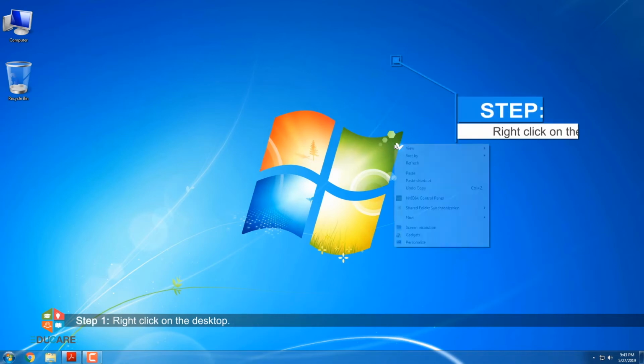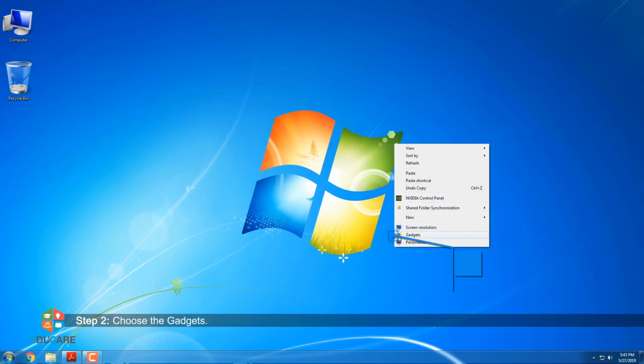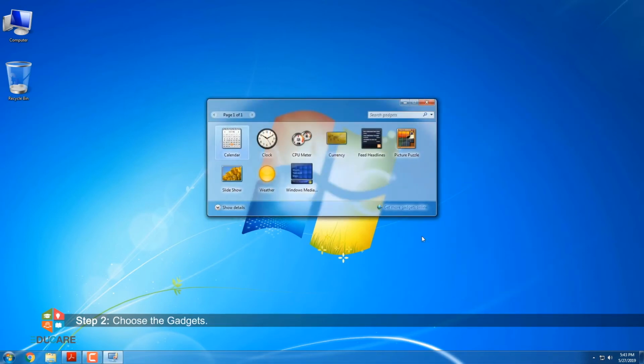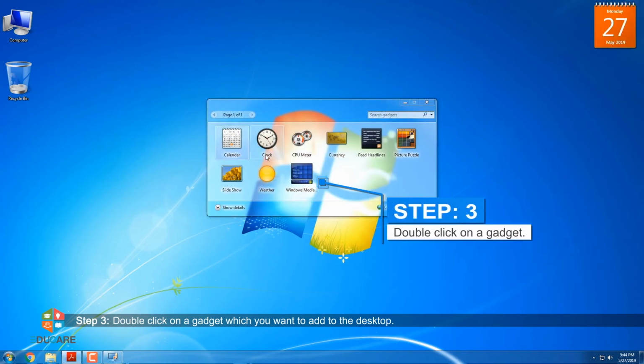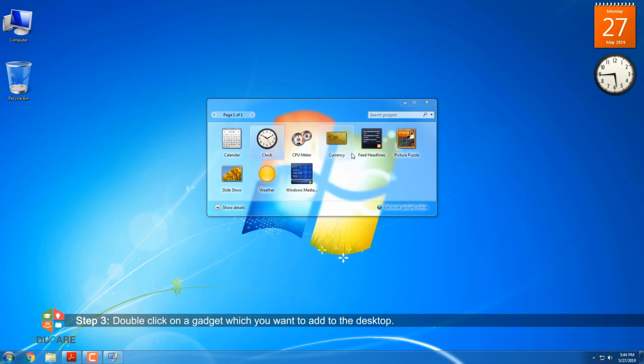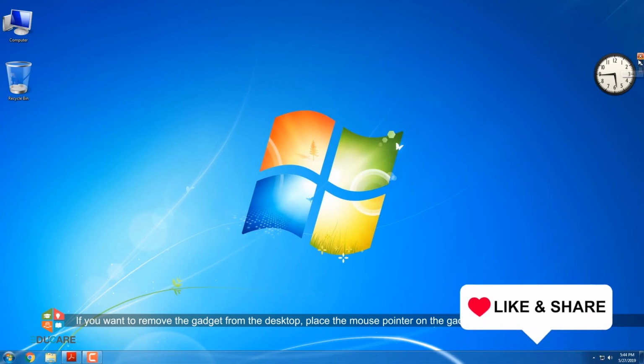Step 1. Right-click on the desktop. Step 2. Choose Gadgets. Step 3. Double-click on a gadget which you want to add to the desktop. If you want to remove the gadget from the desktop, place the mouse pointer on the gadget and click on the Close button.